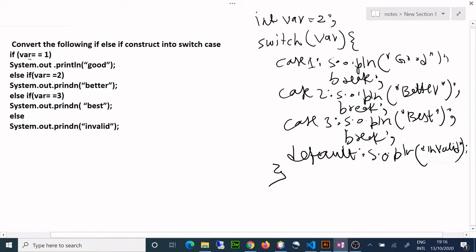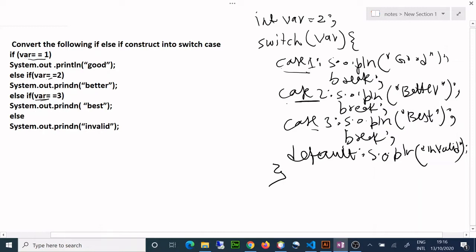So if variable is 1, case 1, system.out.println good, break. If variable is 2, case 2, system.out.println better. If the variable is 3, case 3, system.out.println best, break. Else invalid. So if the choice is 2, it will print better, right?